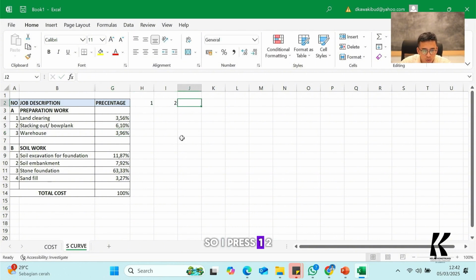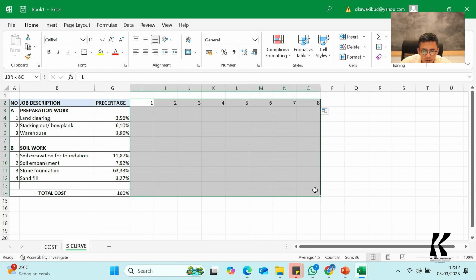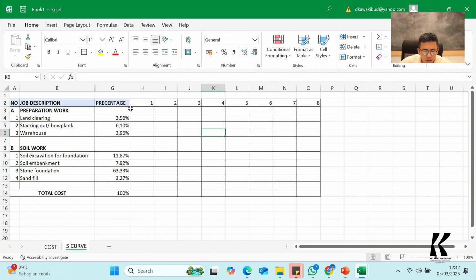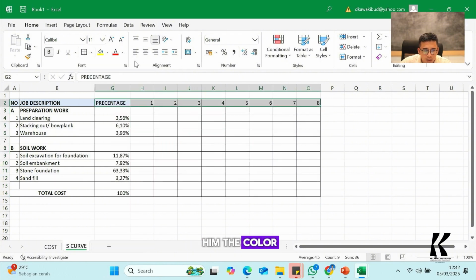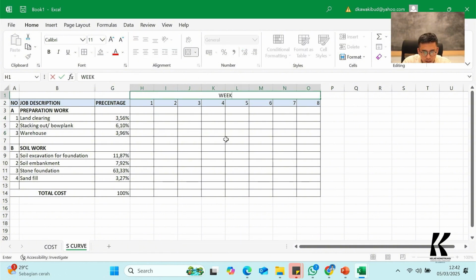So I type 1, 2, until 8, and then I make a table. And then I give it color first. And then don't forget to merge the top of the table, and then give it the name week.